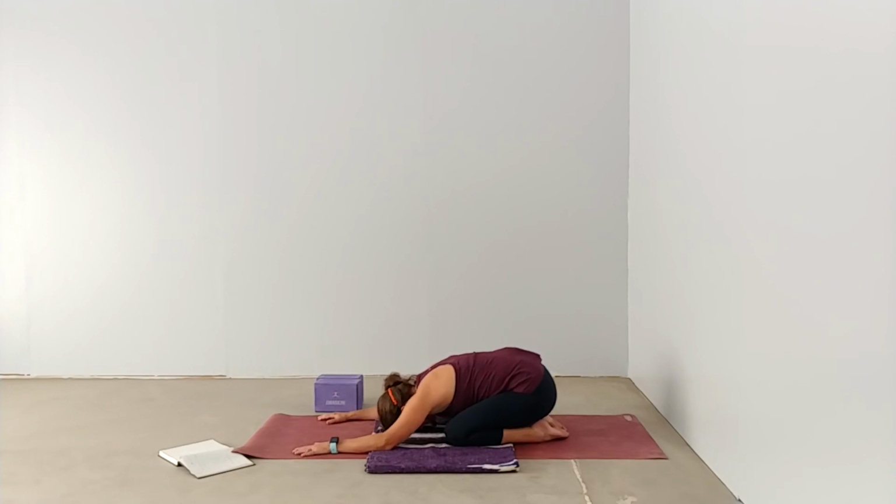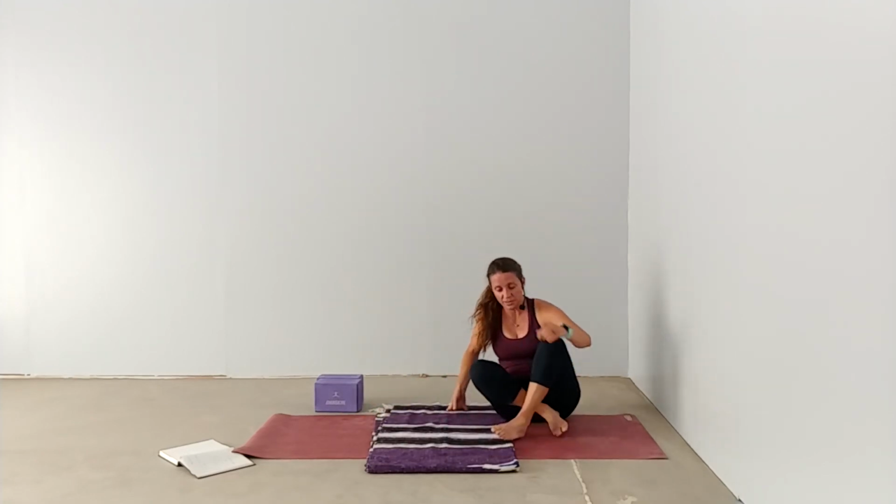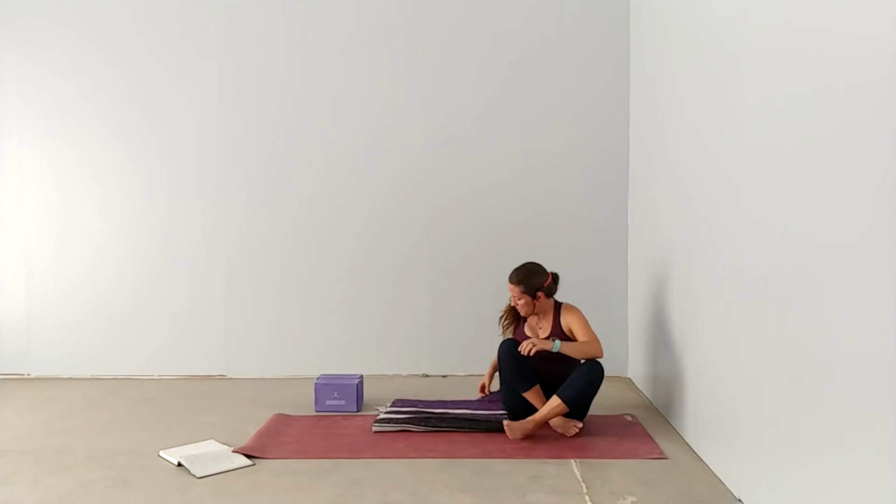Bring your hips to your heels. Your forehead can rest on the mat or on a block. And remember, your knees can be close together, or you could spread them wide. Walk your hands in, lift your chest up, shift your hips to one side, swing your legs around and come to seated. Now, fold your blanket back up